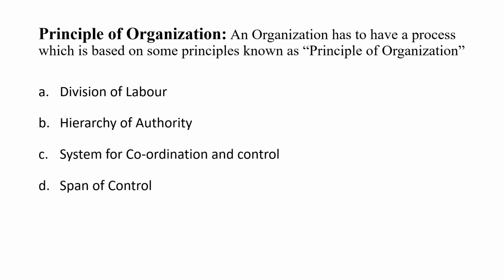Principles of organization. An organization has to have a process which is based on some principles known as principles of organization. The first one is division of labor, the second is hierarchy of authority, the third one is system for coordination and control, and the fourth one is span of control. The first,